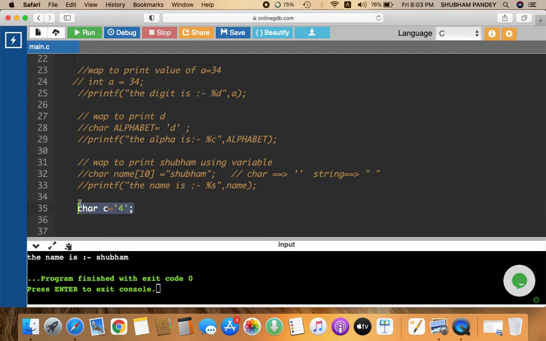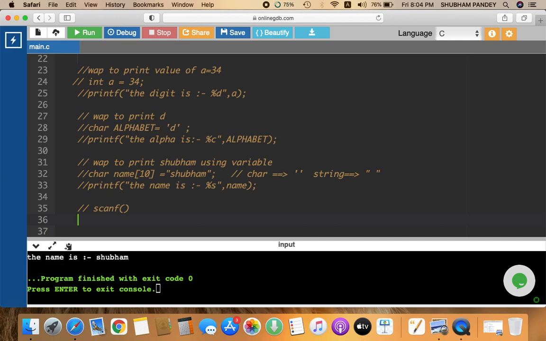Now let's start the second function, that is the scanf function. Scanf function, no gap in between. Remember, no gap in between. We are going to use it.